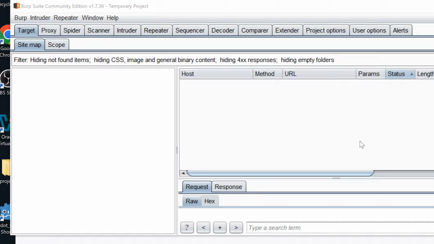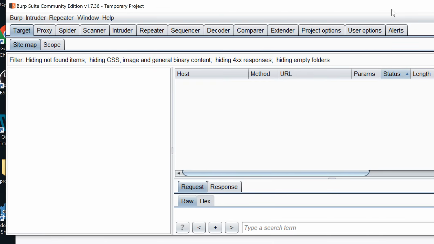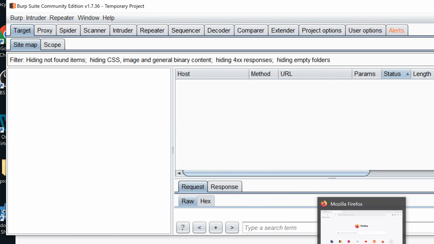Okay, so we shall need the OWASP virtual machine, Firefox, and Burp Suite. The community edition. Even if you are using the professional edition, you can follow along. After ensuring that Burp and the OWASP VM are running and that Burp is configured in the Firefox browser used to view the OWASP applications, we are going